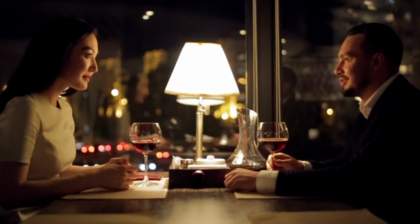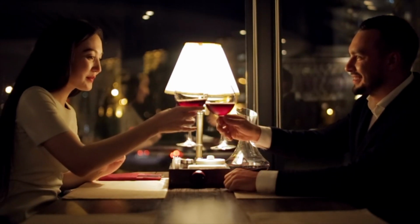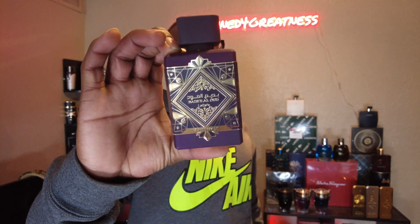Great for those nighttime situations. You can even wear this during the day. Great for those situations with date nights, trying to make a great first impression with a lady. Bruh, very nice and elegant fragrance. Badalud Amethyst. And then on Sunday, to end the week, like I said, man, we was wearing a lot of